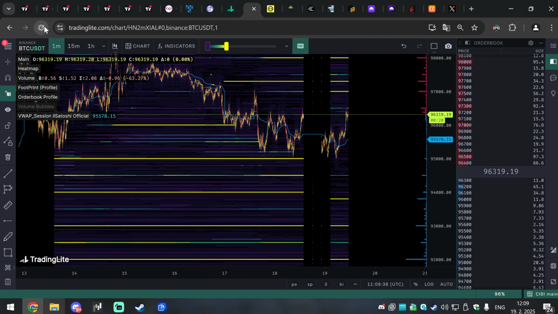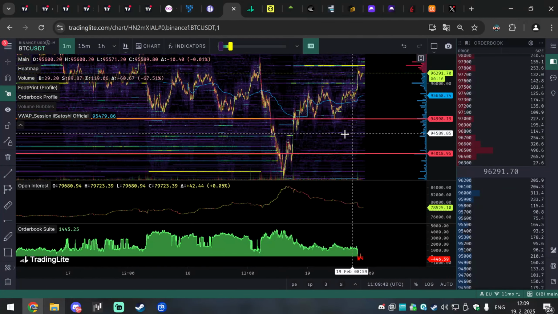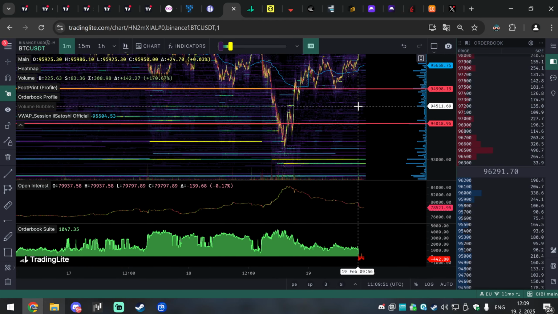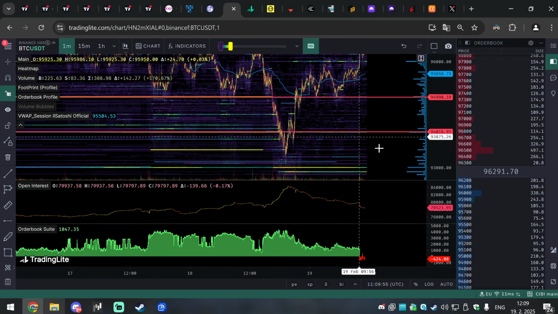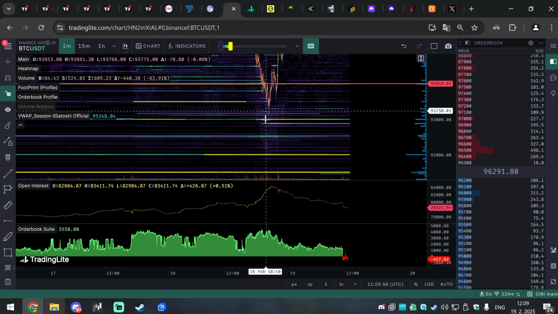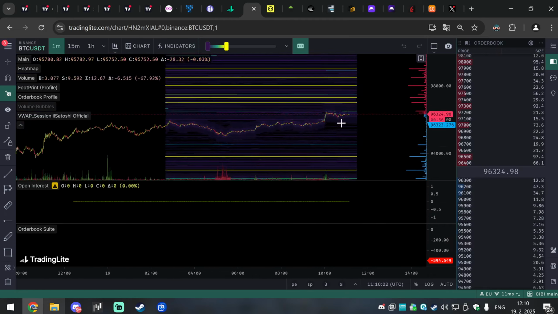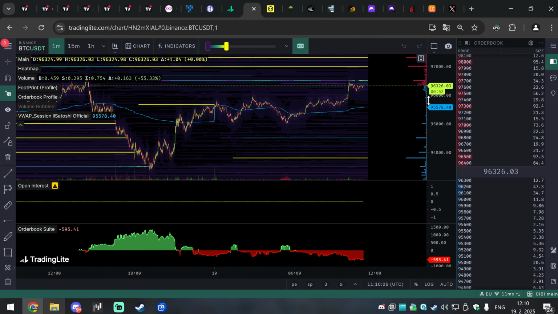Order books, refreshing. Only thing I'm missing a bit is, in strong reversals, we tend to see new passive buyers populating order books, and they are stabilizing. They are making people happy who are longing. They are stabilizing order books. We don't see them yet. Low is still protected with these walls here, but I want to see more what is happening on spot. And we can see now, okay, so some walls are actually getting added.